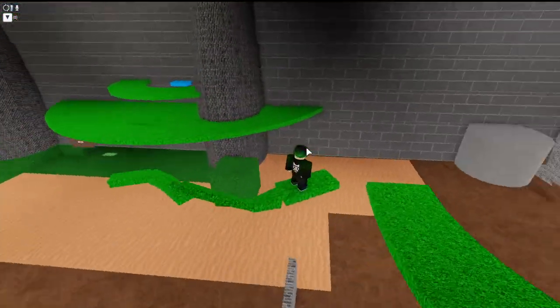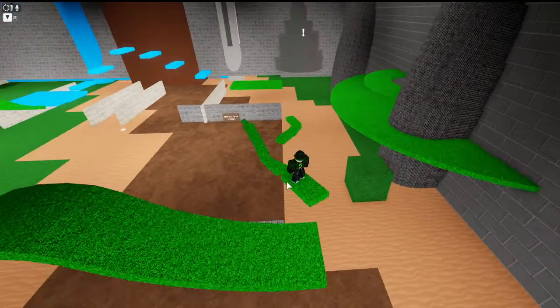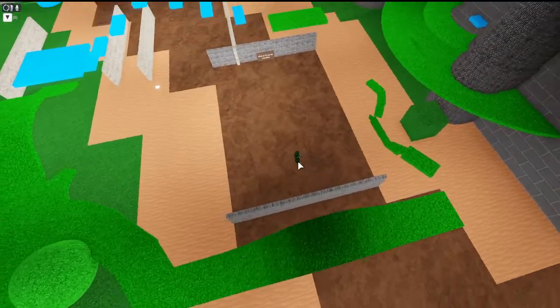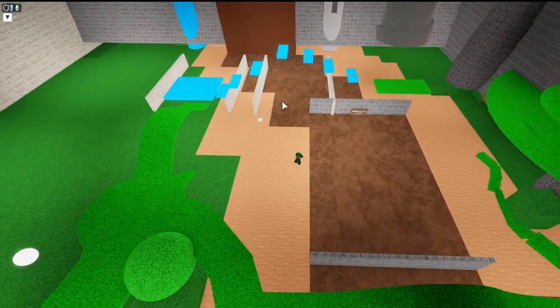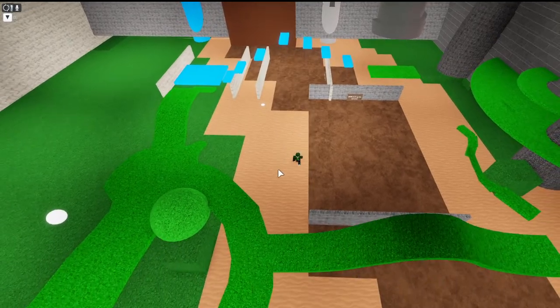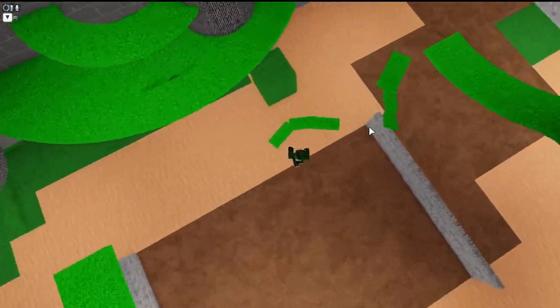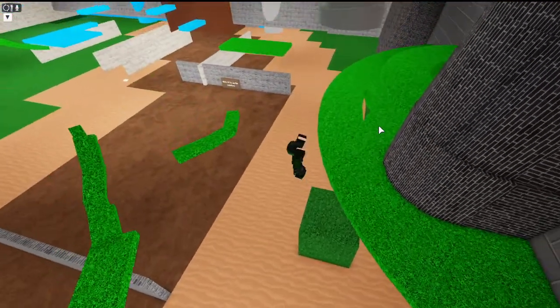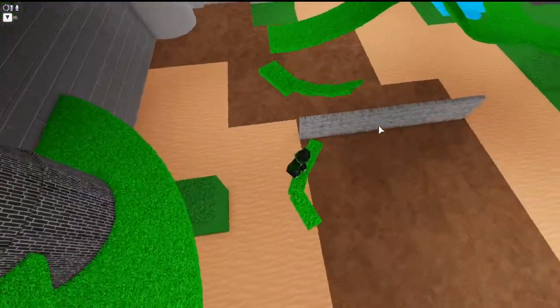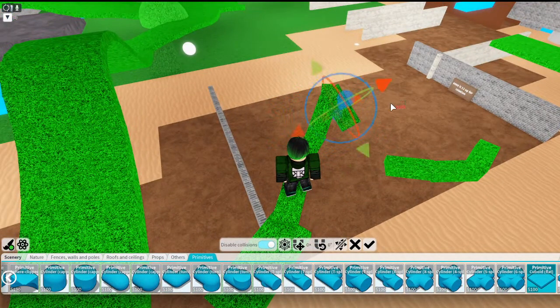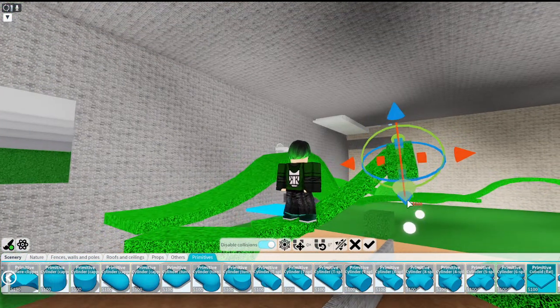Perfect. So now we got kind of like a little flap here, because the Chocolate River will go through here. Now, the Chocolate River is technically going to have all this room over here. So, it's not totally necessary for this to stay so far back. But that is what I'm doing right now. I am currently having it stay that far back, because that is going to make it easier when the time comes.